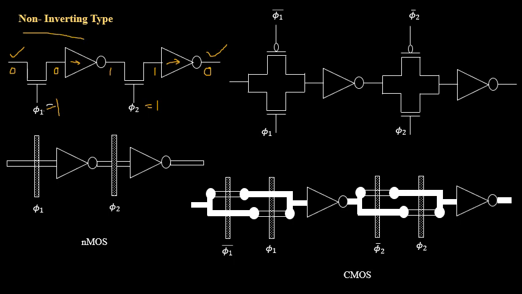Still I am not changing. I am keeping this phi 1 equal to 1 itself, but I will make the input equal to 1 state. Now the output from this stage is 1. 1 is passing through the inverter stage and it is going to yield us the value as 0. Again phi 2 is not changed, it is equal to 1 itself. It will turn on the NMOS transistor in the second stage and it will pass the 0 to the output stage, and that particular 0 is passed through an inverter and it is going to give us a value of logical 1 state. The applied input was equal to 1, the obtained output is also equal to 1, which is nothing but non-inverting